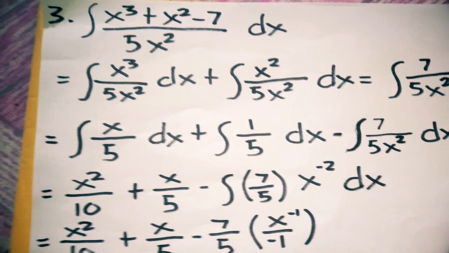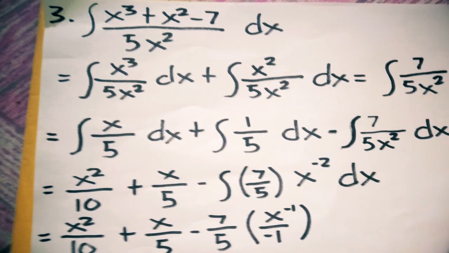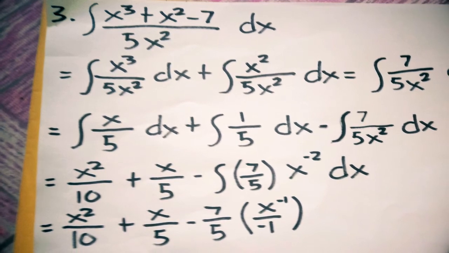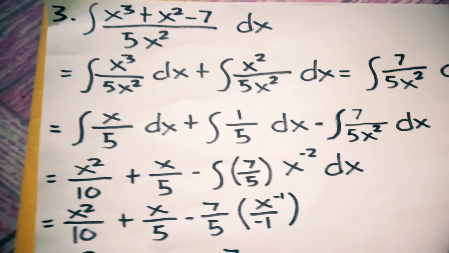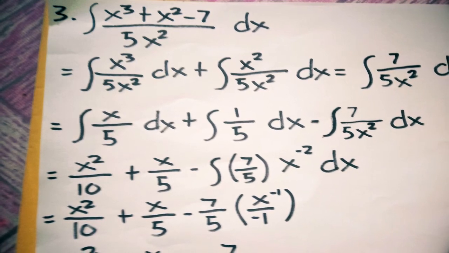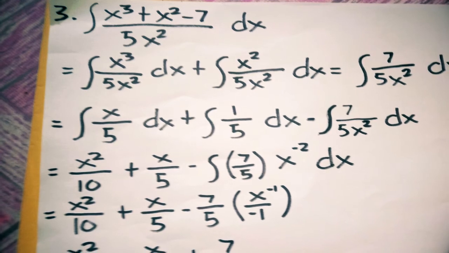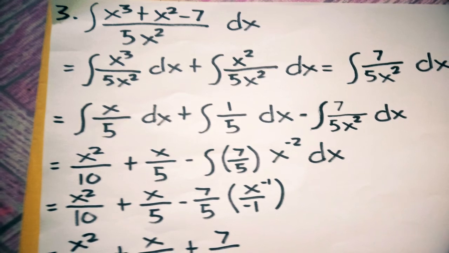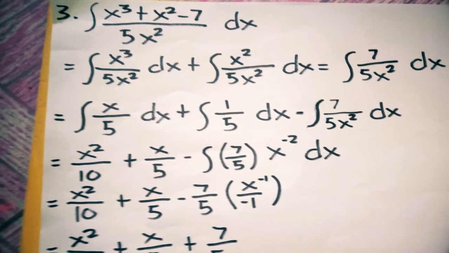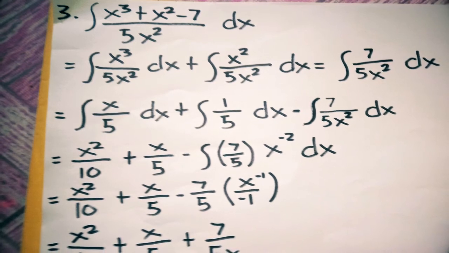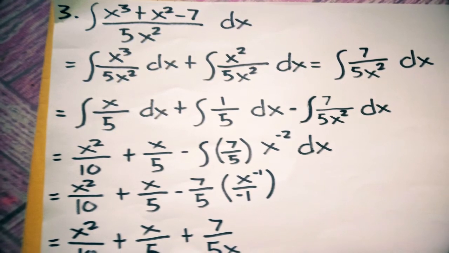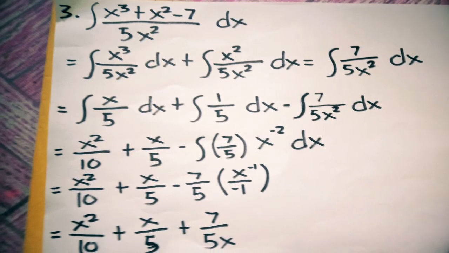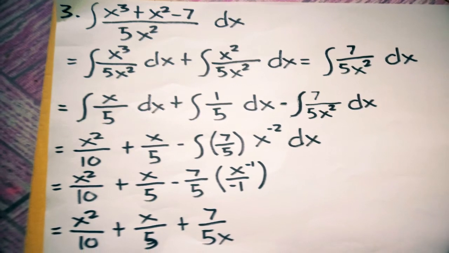The integral of x cubed plus x squared minus 7 over 5x squared dx is equivalent to the integral of x cubed over 5x squared dx plus the integral of x squared over 5x squared dx minus the integral of 7 over 5x squared dx, which is equivalent to the integral of x over 5 dx plus the integral of 1/5 dx minus the integral of 7 over 5x squared dx, which is equal to x squared over 10